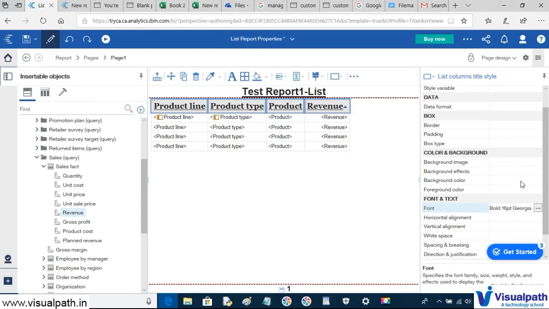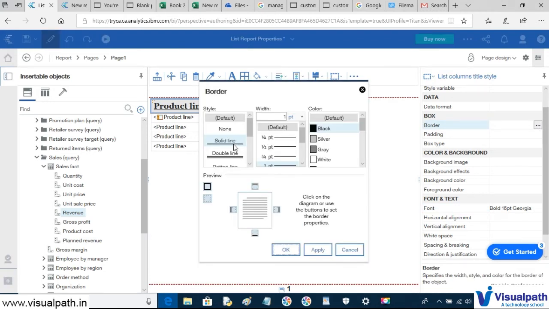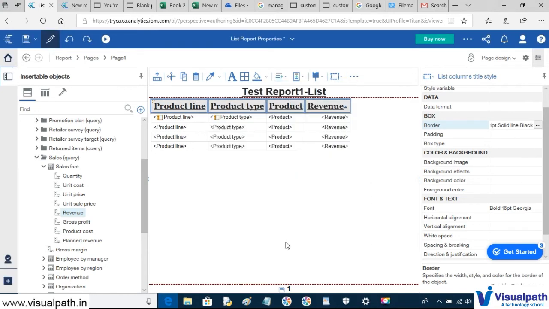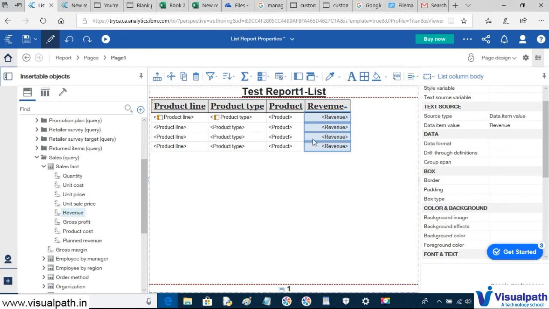Moreover, we want to make the border bold. So for that, click on this border. Make it a solid line, 1 point. And then click on apply. Okay, so now you can see that we have applied the border.